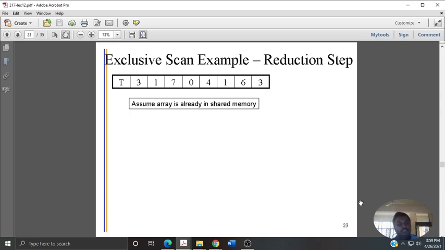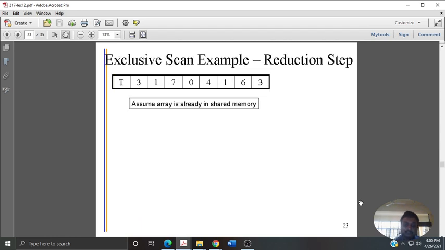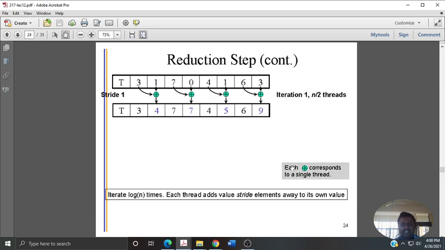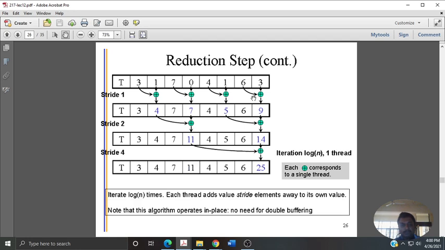So an example of what is happening. That was the algorithmic view whenever you are representing x0, x1. Now he has taken one representation. So this is the array which has to be reduced using the exclusive scan format. Whenever she states that the first iteration is all on immediate numbers, then say 1 element apart, 2 elements apart, 4 elements apart. So that is basically your reduction step.